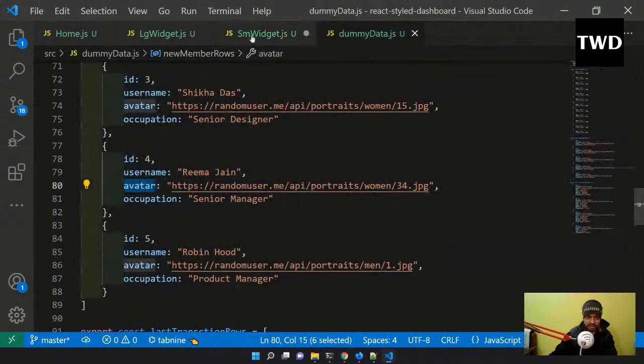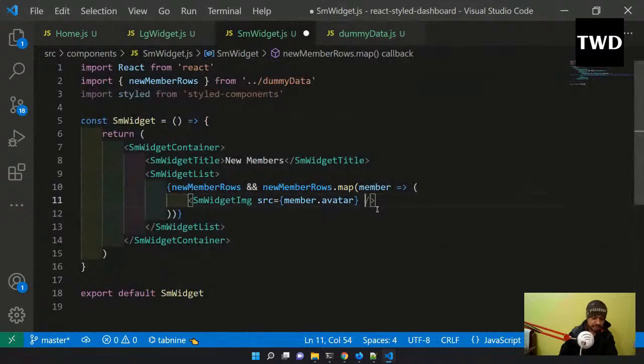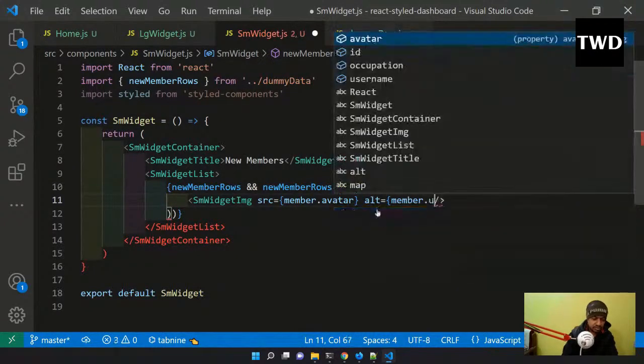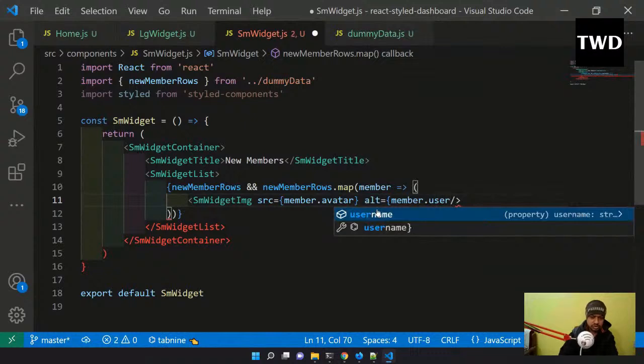So this avatar is an image. Okay, and alt also I will give alt equal to member.username